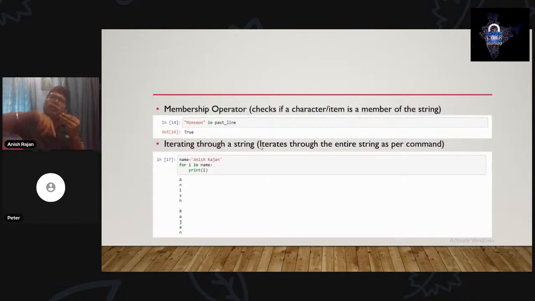What we are basically doing is going through each and every character of the string. So as you can see, Anish has been printed. Then there is a space, and then there is Rajan. That's why I was saying that in a string, everything is part of a string. Even that space is also treated as a character. It's one complete string. And then we are iterating through the string, going through each and every element of the string.